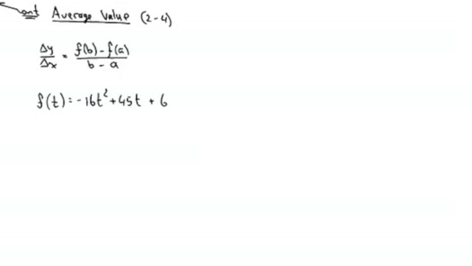This function actually has a very specific use. It's called the free fall formula. And basically all it describes is the height off the ground after you throw something in the air with a certain velocity. So as my cat keeps going up and down here, it's traveling in one path and then straight up and down. And this function will tell you how high off the ground it is at any time in seconds, so t is seconds. But you don't need to know all that. This is just side notation.